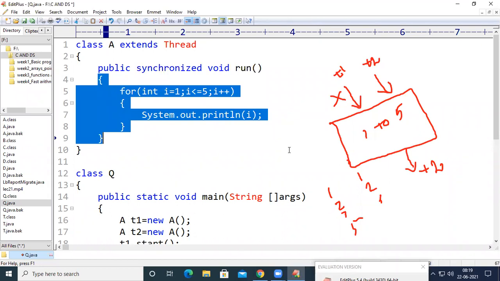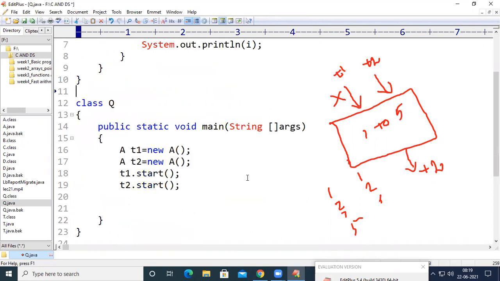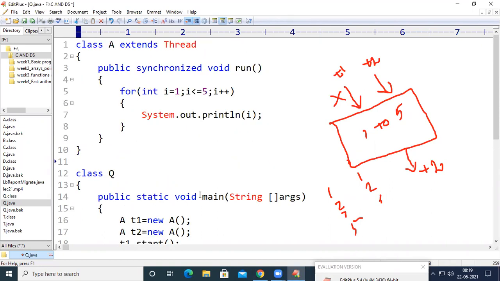For example, if there are two threads, T1 and T2, and T1 is executing that block, T2 will not be allowed until T1 comes back. And if T2 enters the block first, T1 will not be allowed unless T2 comes out of the block. Now we may have a chance of getting the output as 1 2 3 4 5 and 1 2 3 4 5.